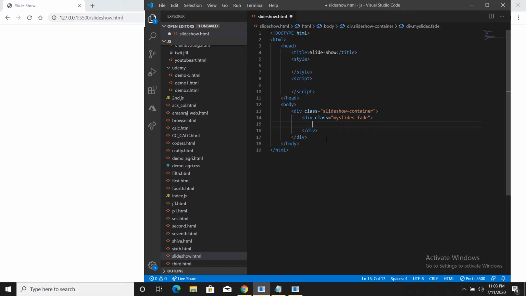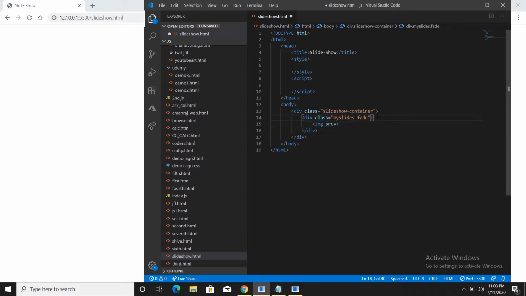Like this, whatever number of images I want to insert in my website, I'll be giving that many div classes. So I'll be giving 3 divs because I'll be taking only 3 images for example. So let's complete this. Mention one img source. I'm not giving the source value now, I'm leaving it for now.